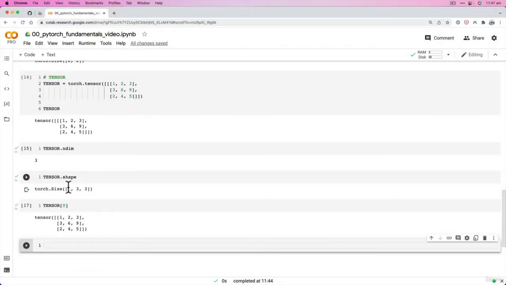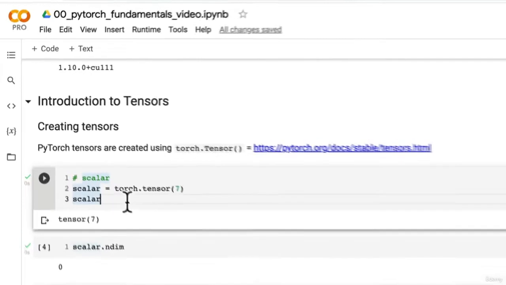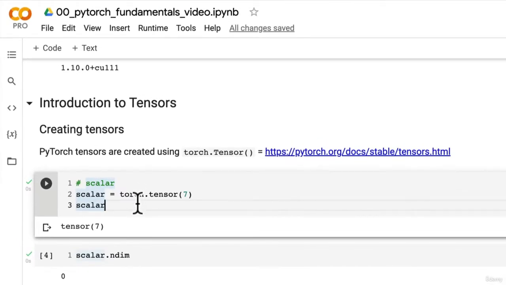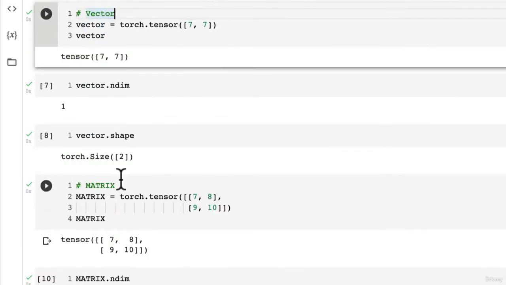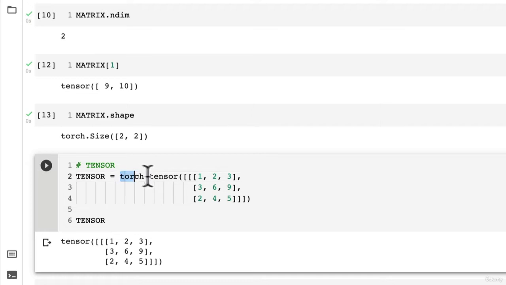Welcome back. In the last video, we covered the basic building blocks of data representation in deep learning, which is the tensor, or in PyTorch, specifically torch.tensor. But within that, we had a look at what a scalar is, a vector, a matrix, and a tensor. And I issued you the challenge to get as creative as you like with creating your own tensor. So I hope you gave that a shot,